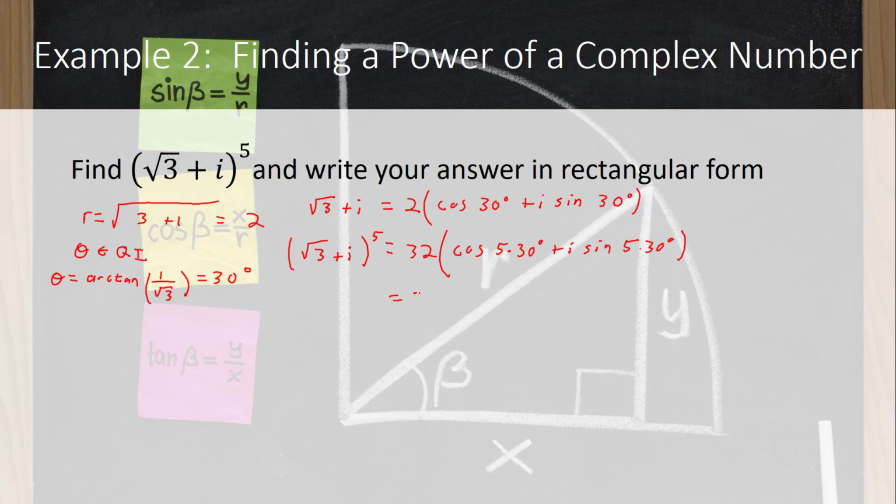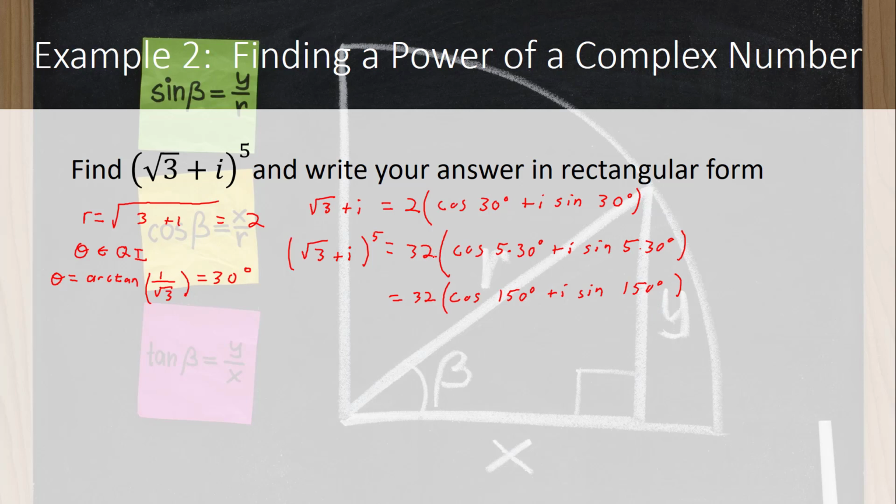That will be 32 times the cosine of 150 degrees plus i sine 150 degrees. Now, to convert this into regular form, we just need to compute the cosine and sine of